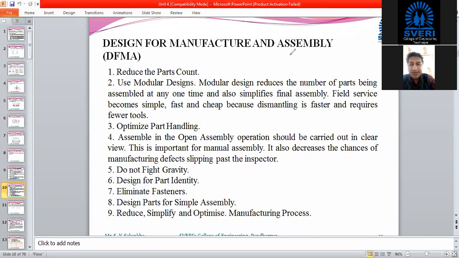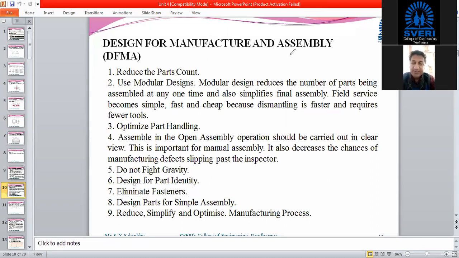So once you are doing all these things, at that time we have to consider the guidelines which are provided for the specific manufacturing process, and according to those guidelines we have to provide some allowances and design that particular component. All that part is coming under the design considerations for manufacturability. Then some guidelines are provided for the manufacture and for the assembly also.